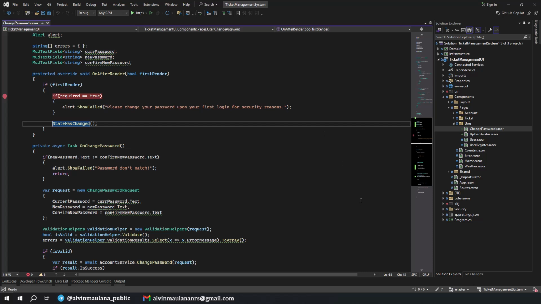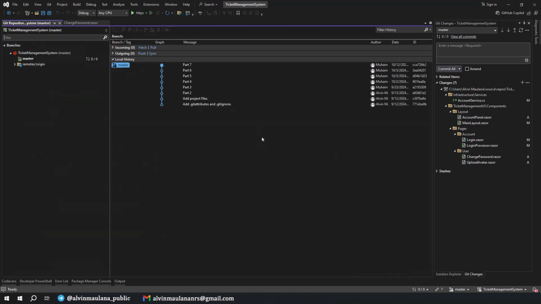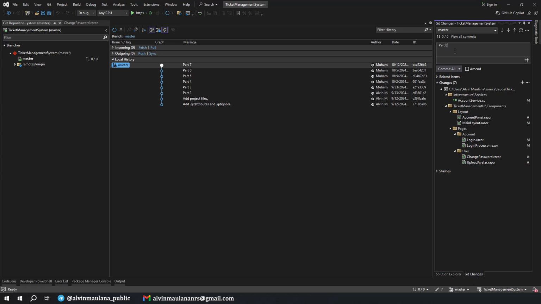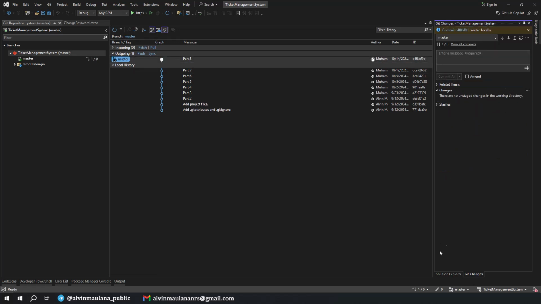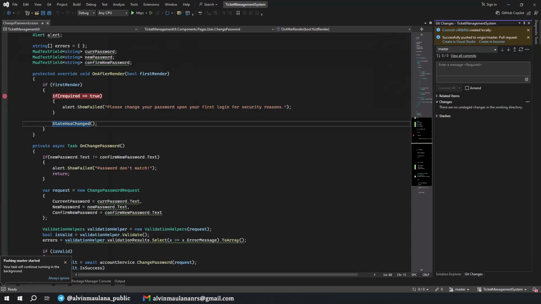And then actually in the previous part, we forgot to commit. Let me check what part was before. Okay, now it is part 8. Let's commit part 8 first, and nice, we have a checkpoint. So now, let's first fix the bug for this alert.